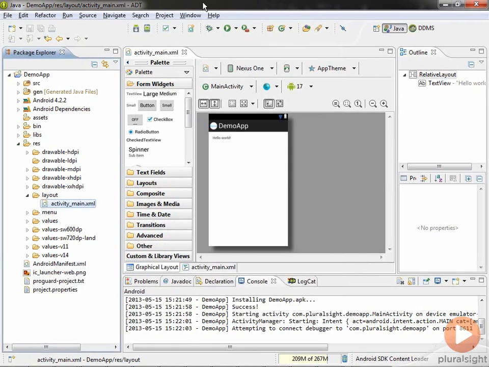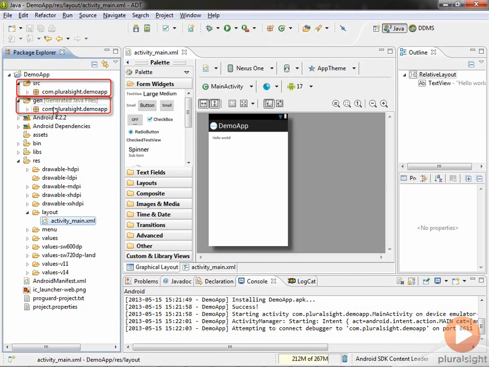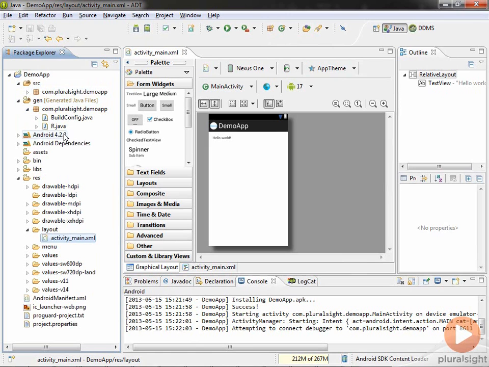So let's go back to Eclipse. One of the things we'll take a look at here is this GEN folder. This is the generated files folder. If I open that up, you'll notice that it's got a com.pluralsight.demo app, just like my source folder did. In fact, it's actually the same exact hierarchy because it's building it into the same Java package that we're using for our regular source code. If I expand this out, you can see that the main one we're interested in here is this